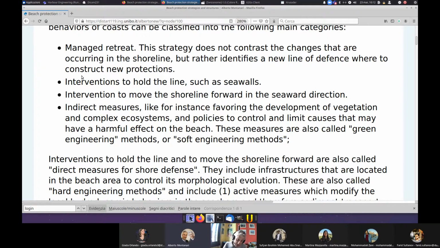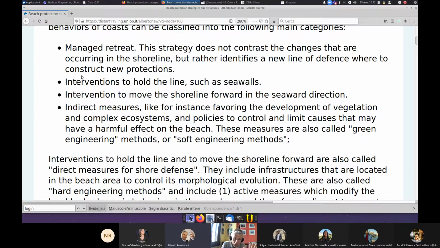This is not always possible because, especially if the area is very urbanized, you cannot, of course, manage a retreat. But in some cases, it is indeed possible. And in some cases, especially close to Ravenna, it has been done. After the construction of ports, you have some erosion around the port and you manage a retreat. This can be done. And then a second category is interventions to hold the line, like seawalls, and we see